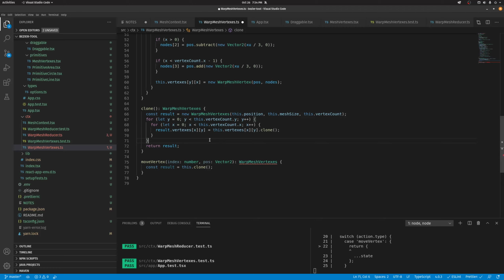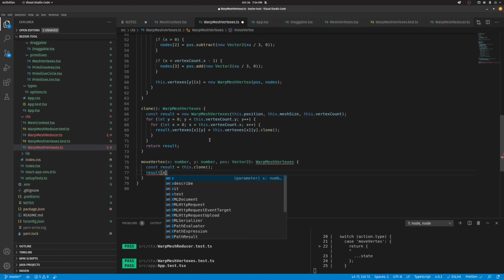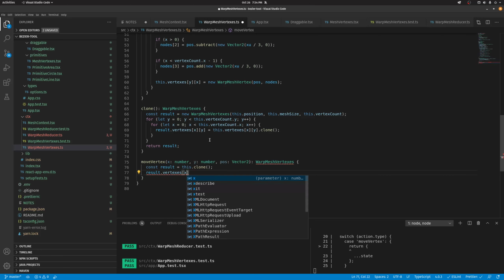So that's a clone now. This is an exact duplicate of the warp mesh we have, and then when we move a vertex, this index is not what we want to move, so I would have to do it by XY, right? I'd have to say X colon number, Y colon number, and then the position it moves to. So then I would say result equals this.clone. So this is an ideal copy. Then I can say result.vertexes X Y equals